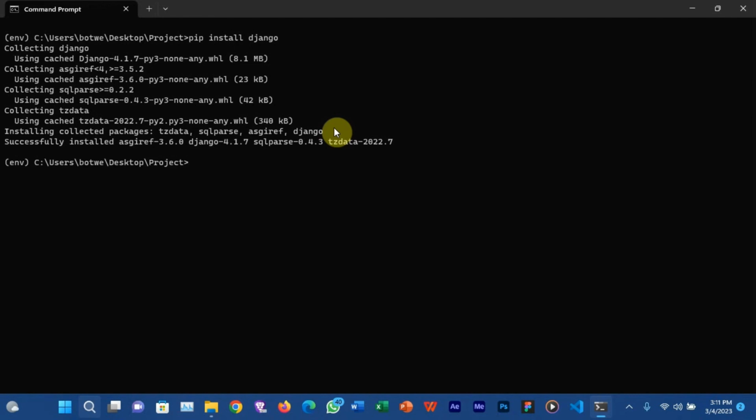Okay, so after installing Django, the next thing is to create our project. You can use this command: django-admin startproject, and then you type the name of the project you want to create. In this case, we are creating a blog application, so I'll just do blog.